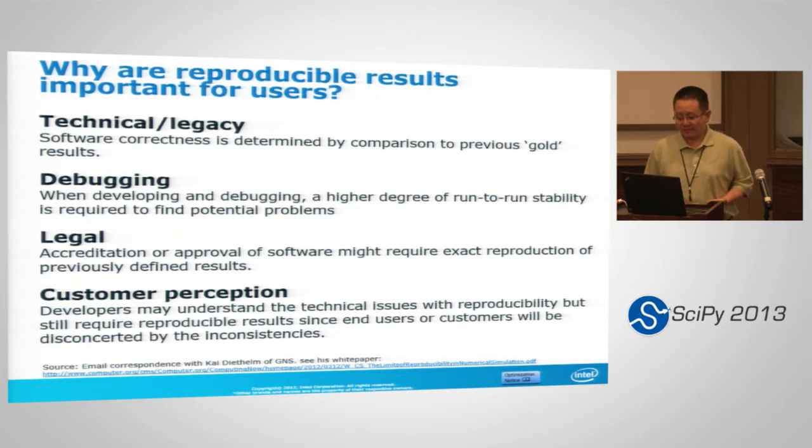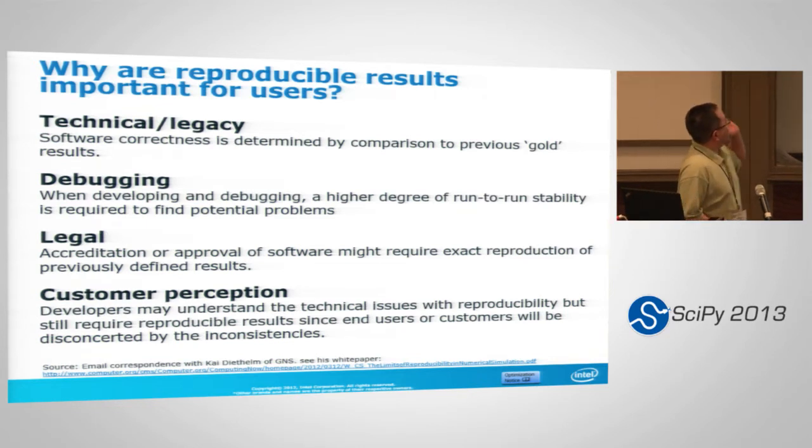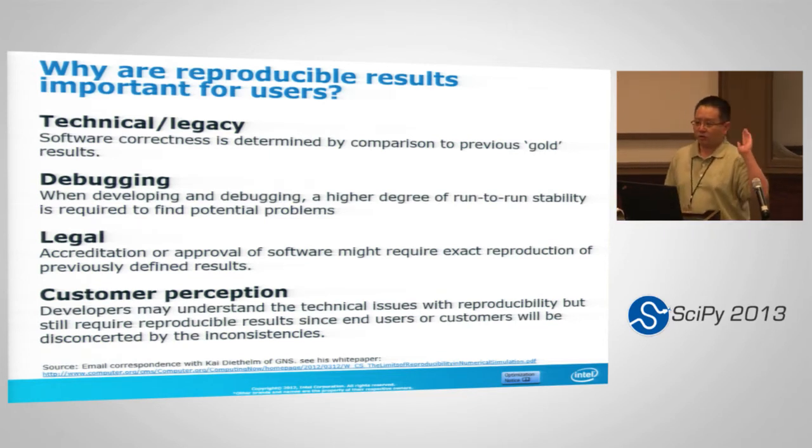Why is this important to those people? There are a bunch of reasons. For example, a technical reason. A lot of software projects, in their testing and product validation, have some gold image or gold results, which is hard-coded. It's just a bunch of digits. And when they do validation, they just compare the computed results with that hard-coded gold bits. And if they are different, then the validation fails. So this is one reason.